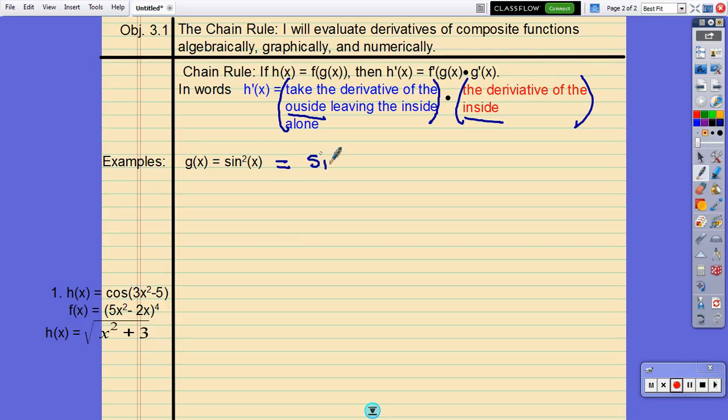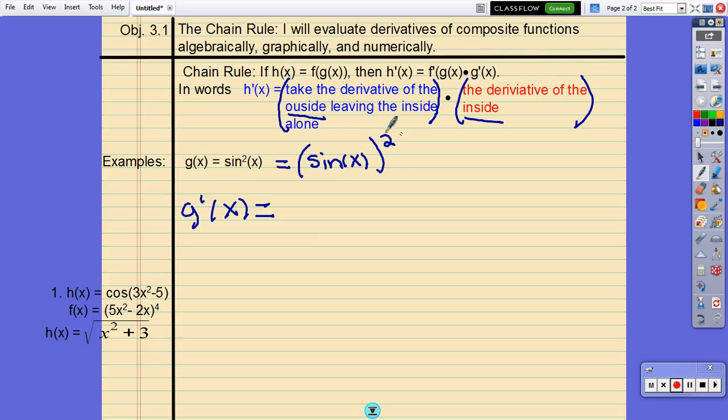This really means, it doesn't mean take the sine of x squared. It means take the sine of x and then square the entire function. That's what it truly means. And I always encourage my students to rewrite it so you can definitely see the difference. It's easier to see. So clearly here the outside function is the power, the inside function is the sine. So following the rule,